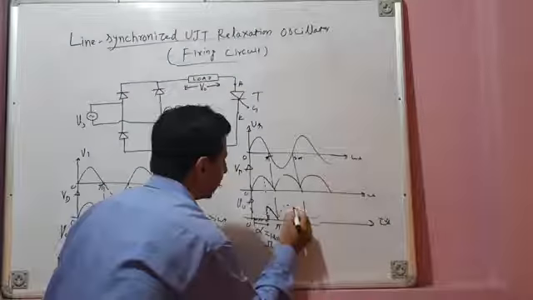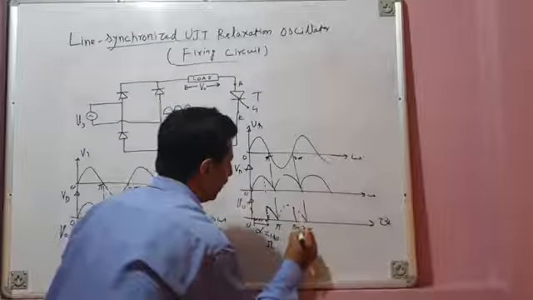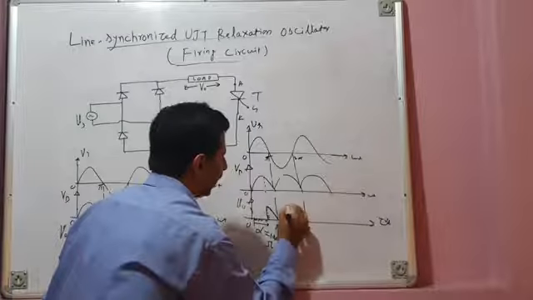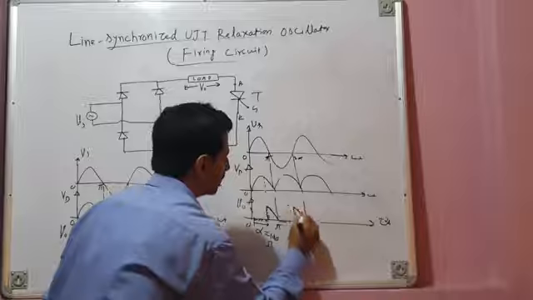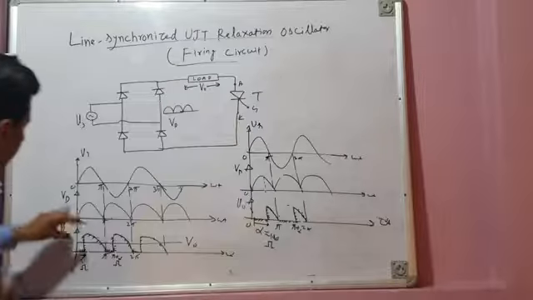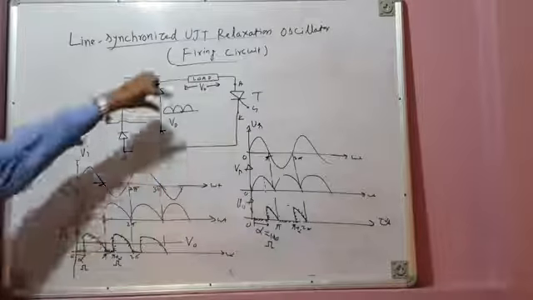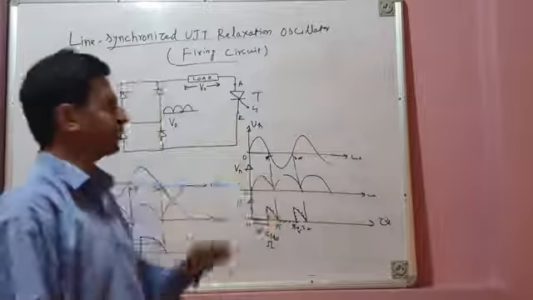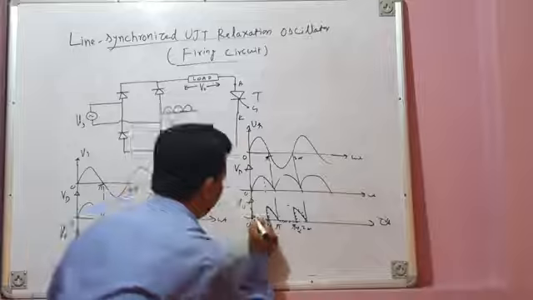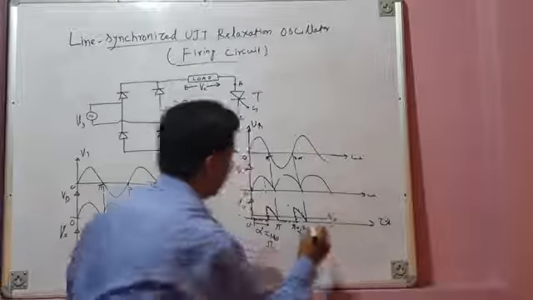The same happens in the next half cycle. From pi to pi plus alpha, your thyristor is off. At pi plus alpha, you turn it on and the remaining segment of voltage gets applied. So here large segments of voltage we are getting across the load. Here, when you have increased the delay angle, small segments of voltage are getting across the load. So the average value of voltage V naught decreases.